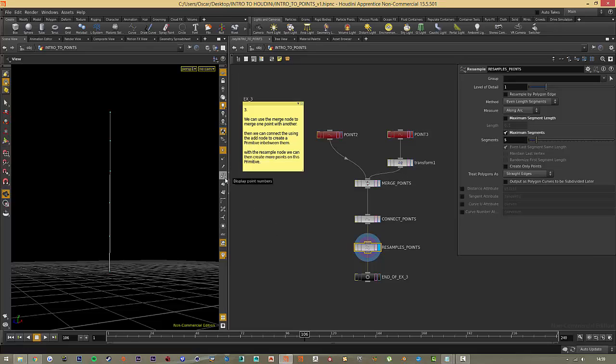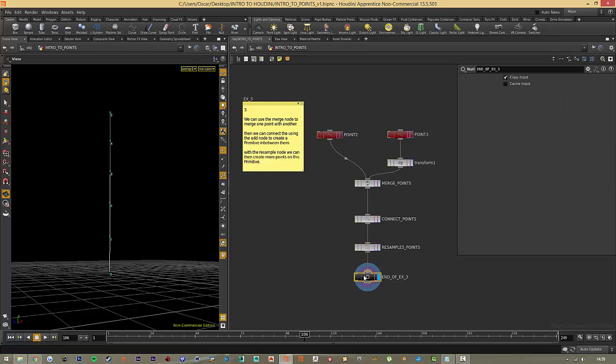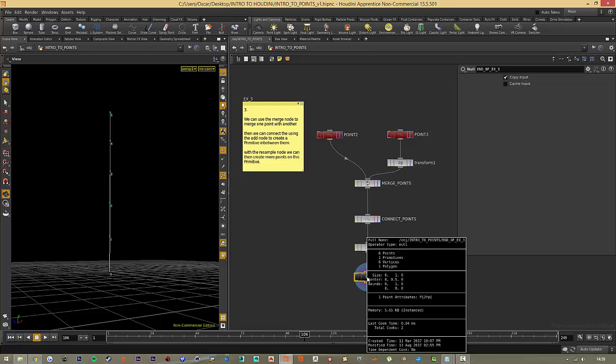To visualize the point numbers, we can also display them by clicking this right here. It's like a little point with a 1 and 2. We can now see 0, 1, 2, 3, 4, and 5. So yeah, what we have now is 6 points, 1 primitive, 6 vertices, and 1